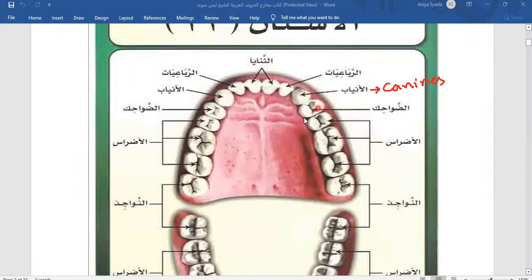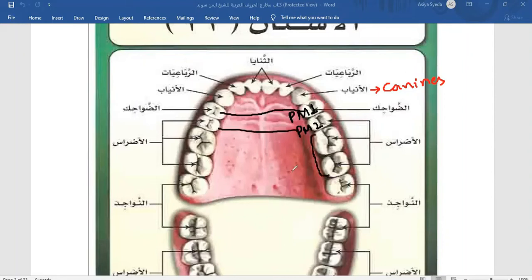These are the premolars. So I'm going to write PM here. I'm going to take black color, which is better. Okay, PM, premolar. So this is the first premolar, and this one also is the second premolar. So as you can see, al-dawahik are the first pair of premolars. This one and this one. These are the dawahik. And then after the dawahik, you can see the second pair of premolars and two